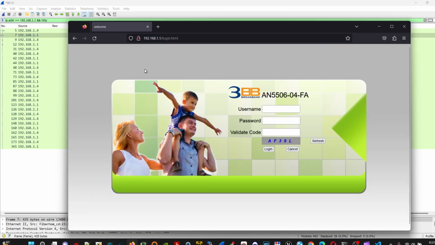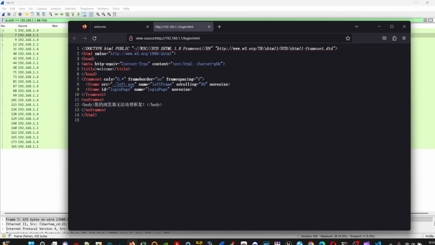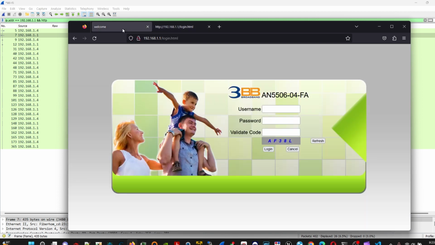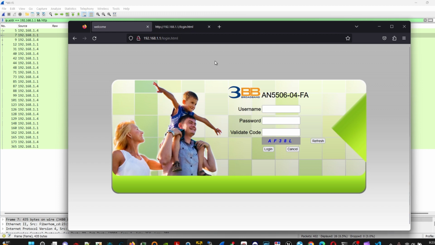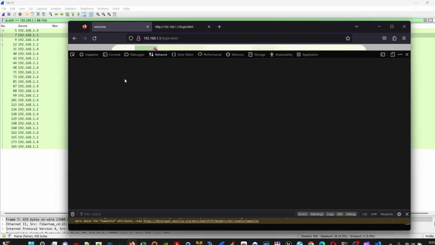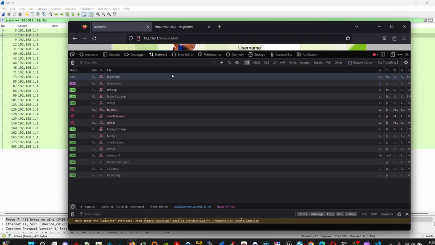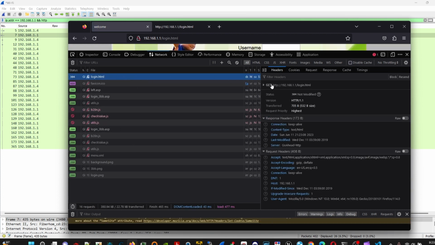front-end page. If you go to view page source, you can see the code and everything underlined with it. The frame source is the source code. It is all in JavaScript, which gets the web application options and redirects us to the front-end page here. Specifically, if we go to inspect element, go to network and reload, and go to login HTML, as you can see, it's a GET request,